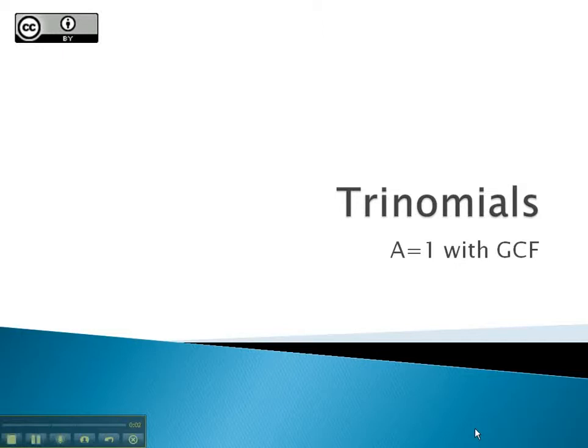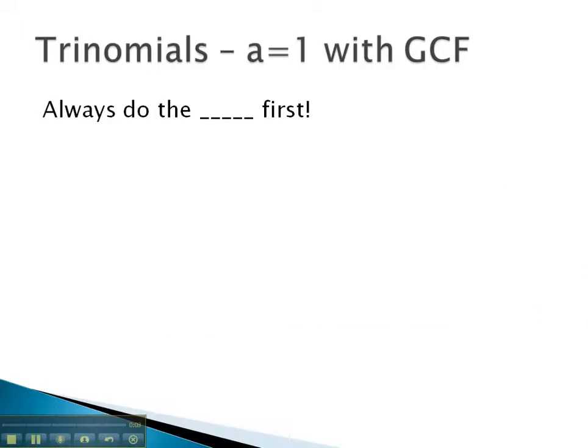In this video, we will look at factoring trinomials, which have a greatest common factor. As always, when we are factoring a trinomial, we will always do the greatest common factor first before we worry about factoring the trinomial itself. For example, in this problem,